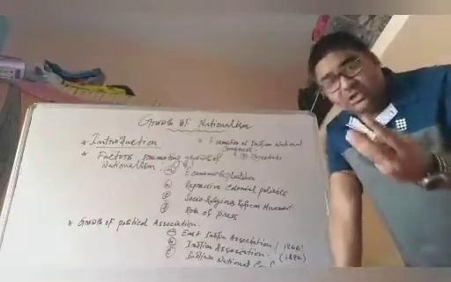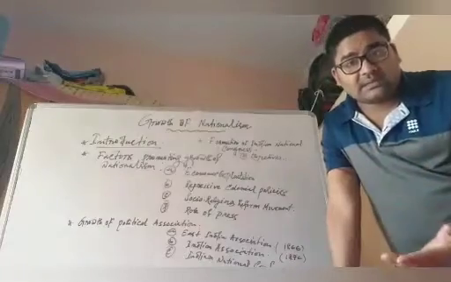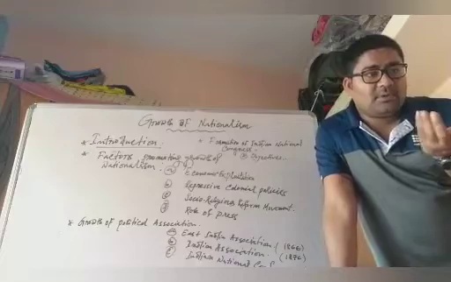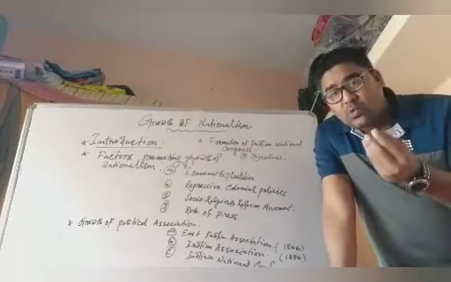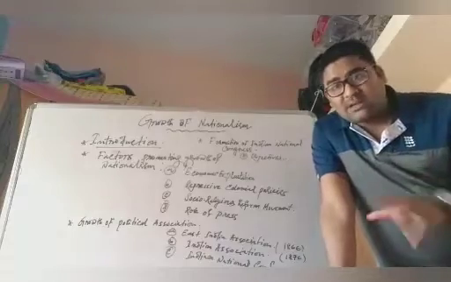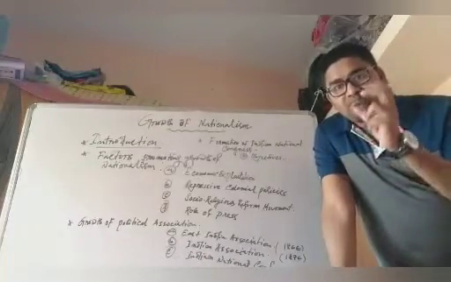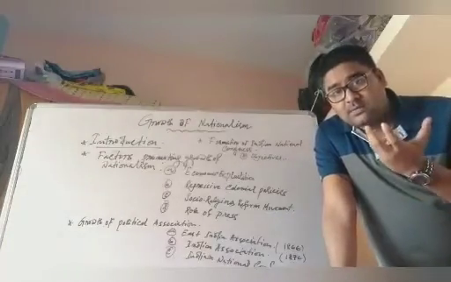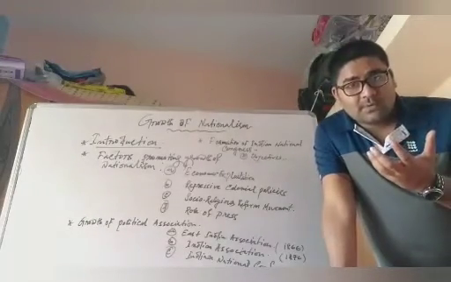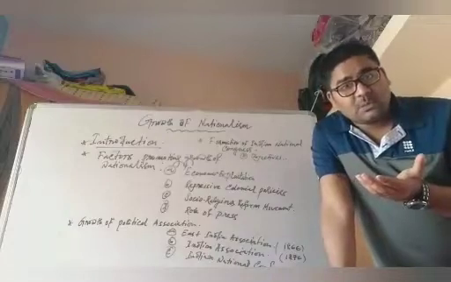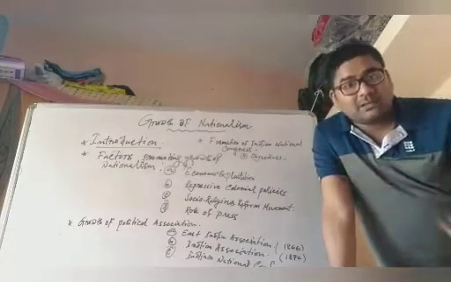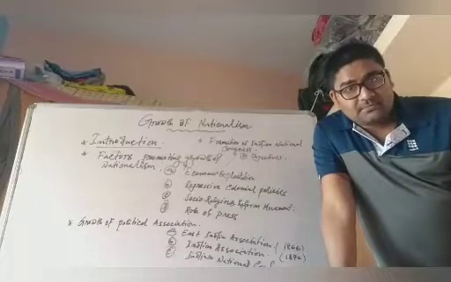Next, number three, the third section, the working class. During this period, with the growth of modern industries, a new class emerged in society, called the working class. Their numerical strength was very small, but their outlook and political consciousness were far better than the other sections of society.